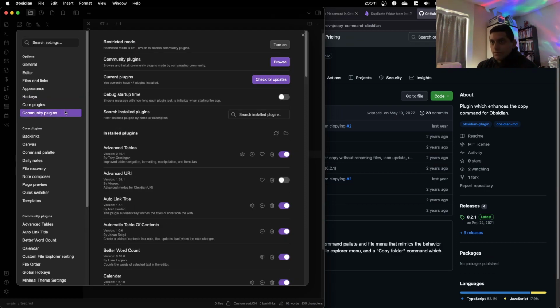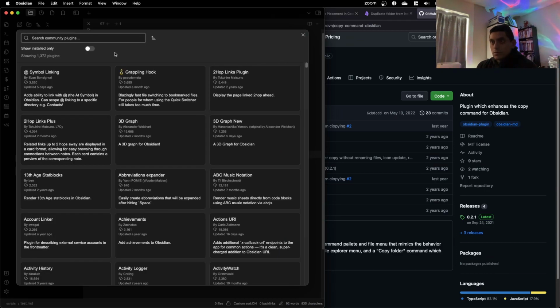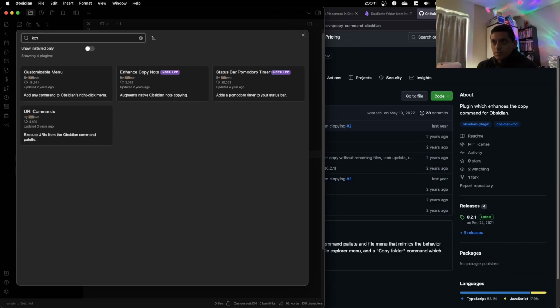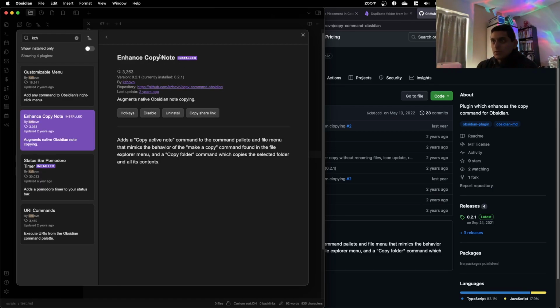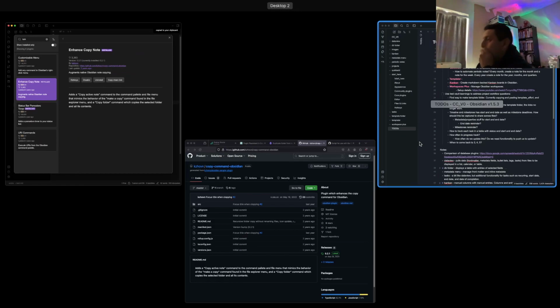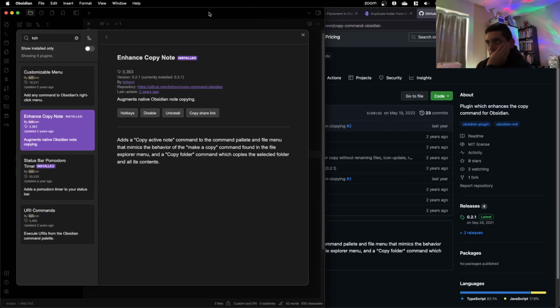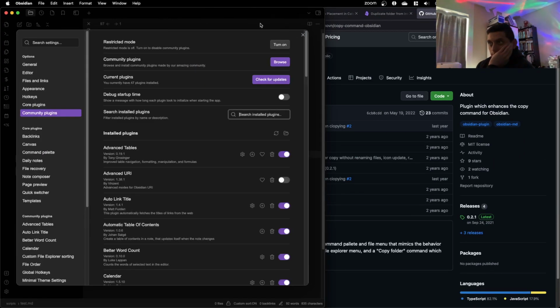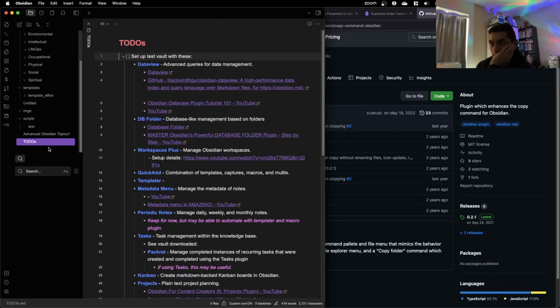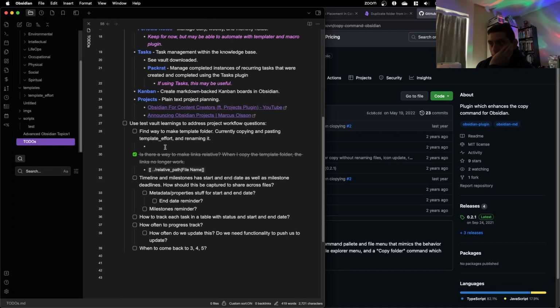What was the name of it? CH Enhanced Code. Find a way to make a template folder. Plug in.